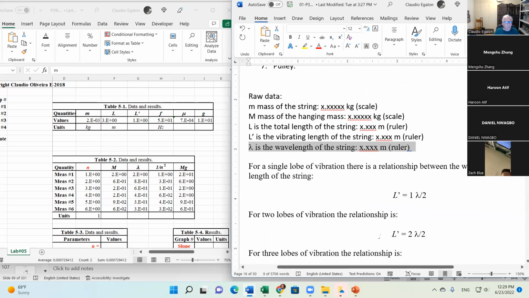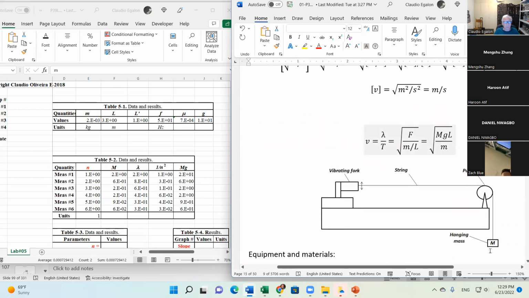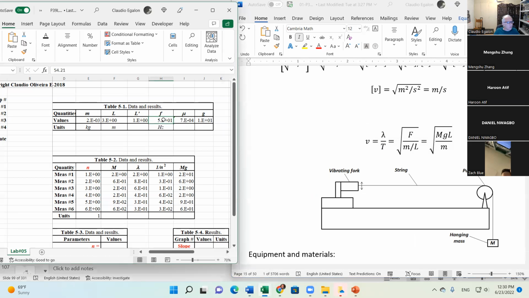Recall the equation for a standing wave. What you're going to do, you're going to generate a standing wave here for different masses, for different tensions. Okay, you change the tension in the string, the wave starts propagating with different velocity, and in the process you also change the wavelengths. The frequency doesn't change because you're using the frequency of the power line, around 60 hertz. When you measure with the strobe, it's more like 54 hertz.